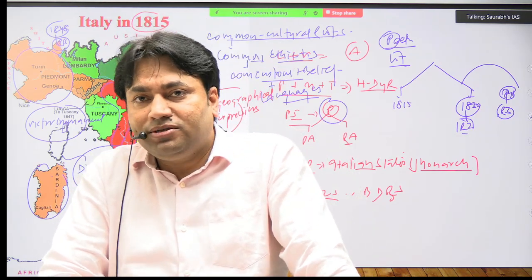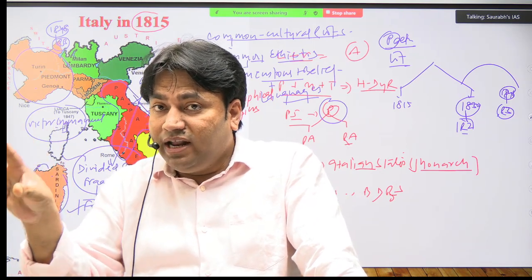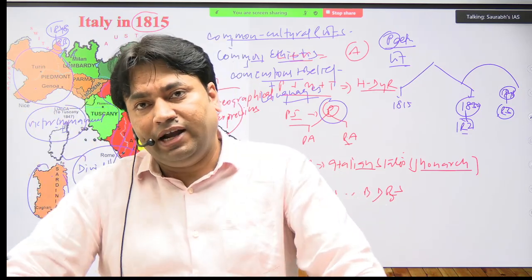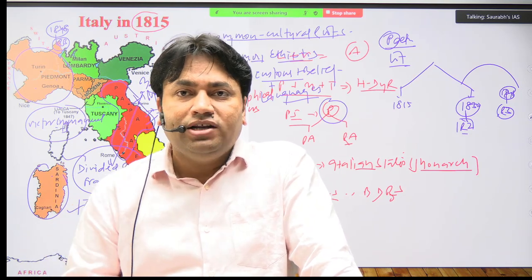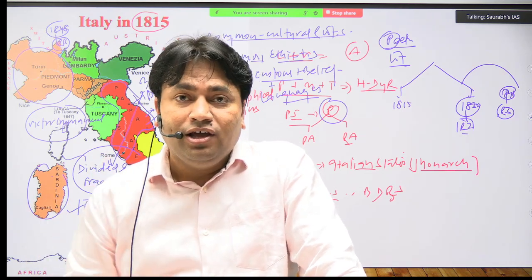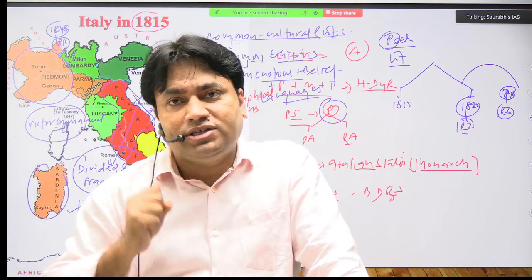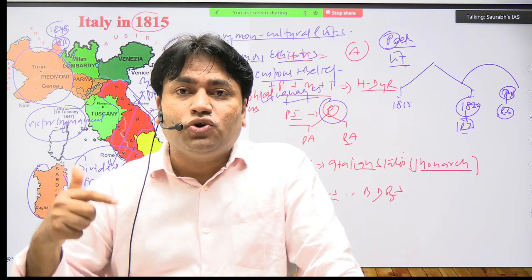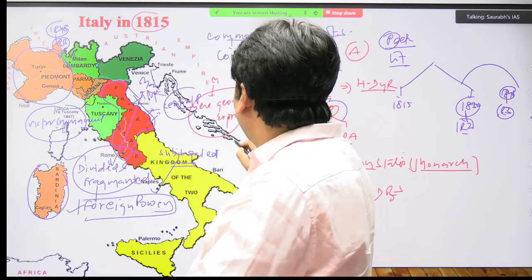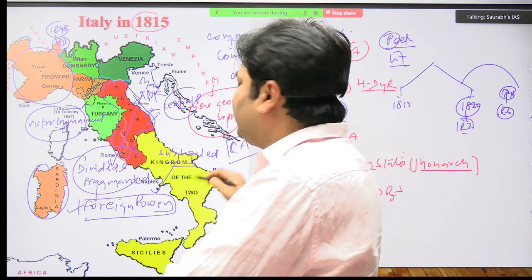1848. असली खेल कब से शुरू होता है? 1848 के बाद, when the ruler of Sardinia Piedmont decides that he will support the process of unification of Italy. कितने names आपने जाने? One is Mazzini, one is Victor Emmanuel II, and what will happen? Victor Emmanuel II will appoint a minister for this task. Which task? The task of unification of Italy. इसके लिए एक minister को appoint करेगा. And what is the name of that minister? The name of that minister is Cavour, Count de Cavour.